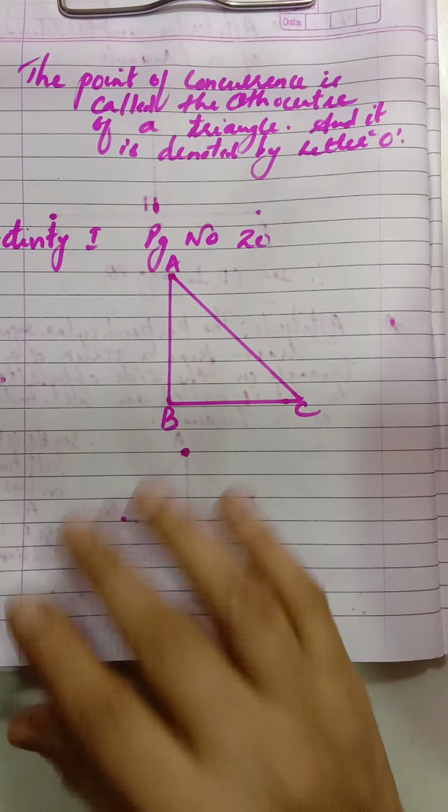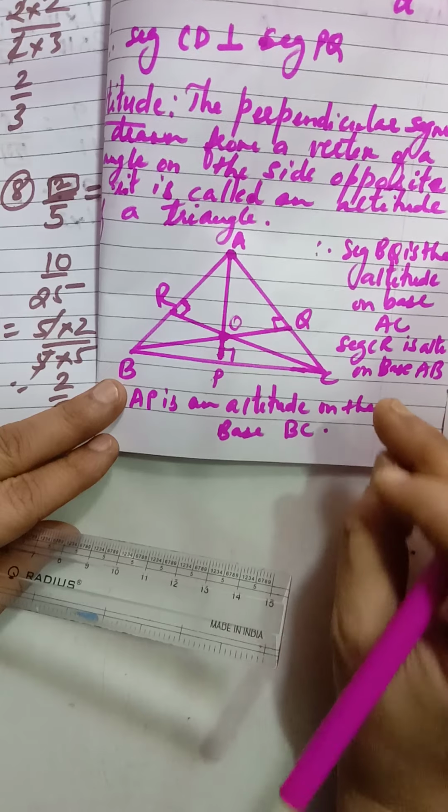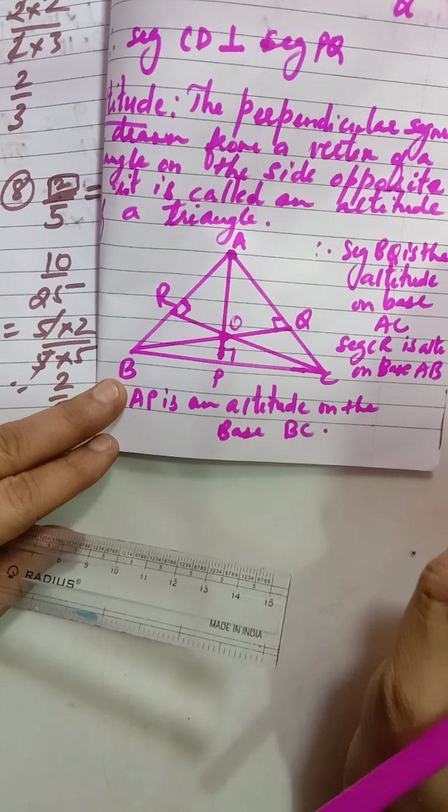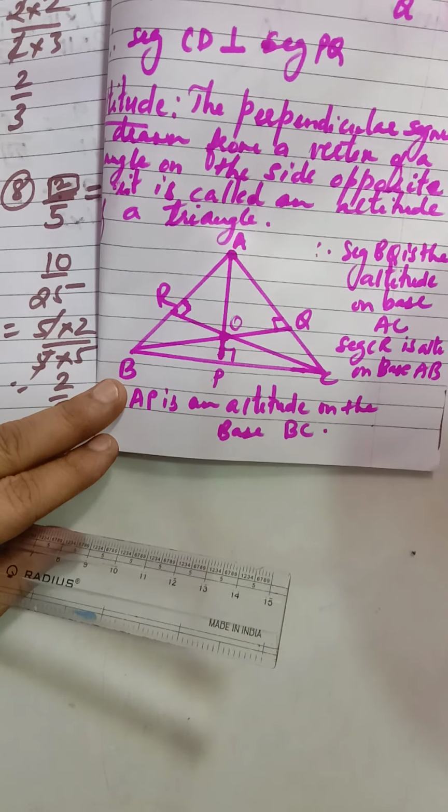This orthocenter lies in the interior of the triangle, yes or no? So in case of an acute angle triangle, if it comes in a fill in the blank, where does the orthocenter of an acute angle triangle lie, you will write, it lies in the interior of the triangle. This first one you can also consider as the third activity, which is given on page number 20. In the textbook, page number 20, third activity, draw an acute angle triangle ABC and draw all its altitudes, observe the location of the orthocenter.